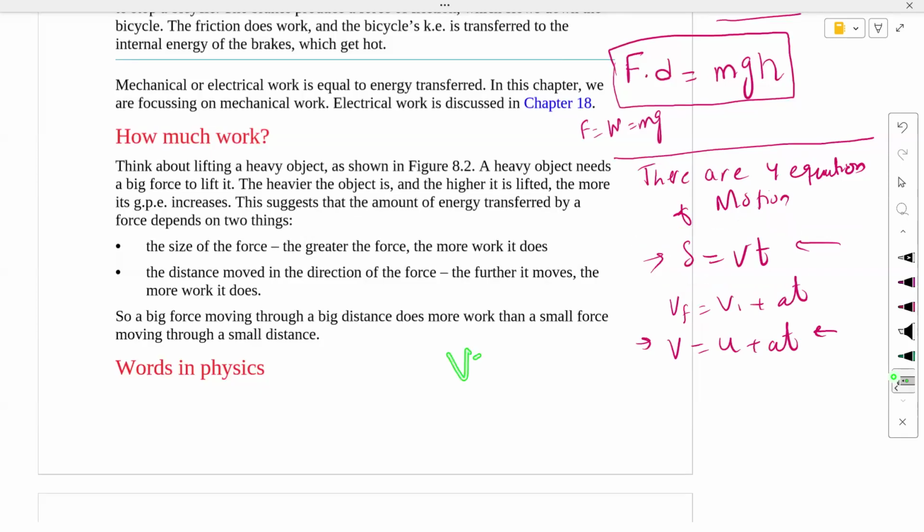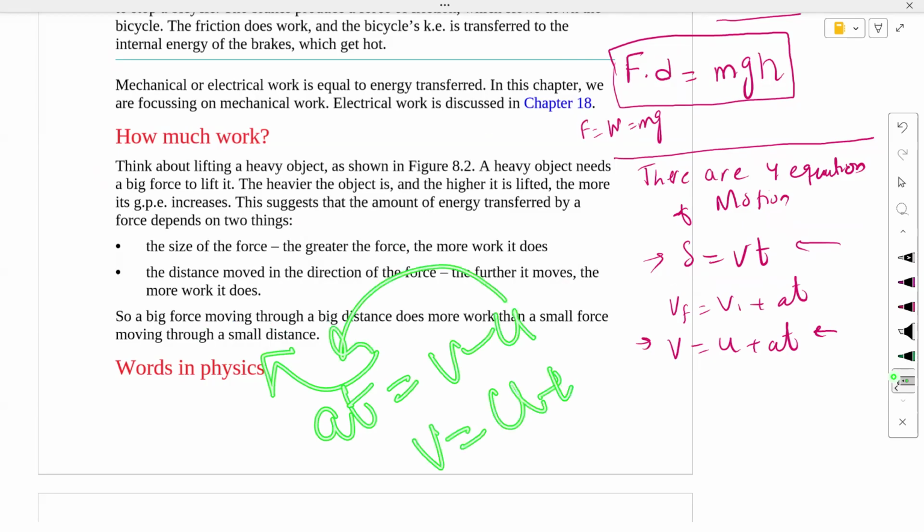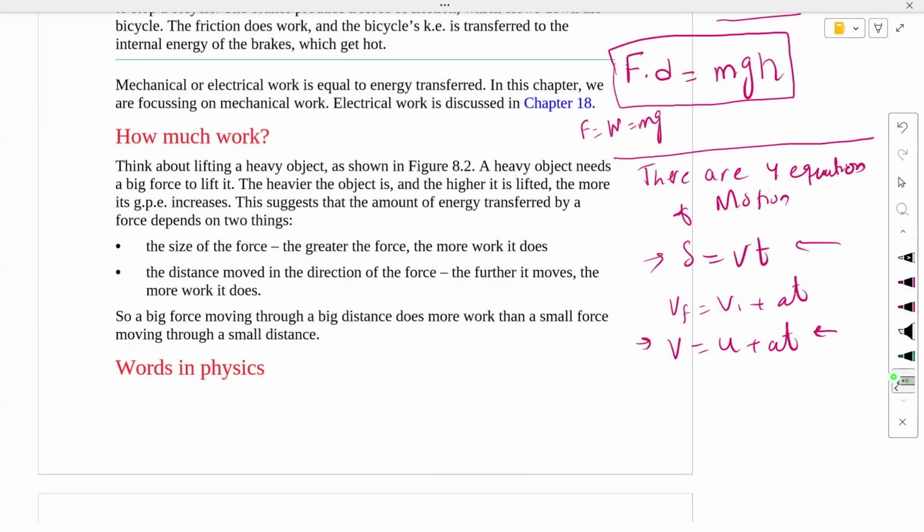ये तो हमें पता है, speed is equal to distance over time होता है। तो यहाँ से distance किसके इक्वल आ जाएगा, speed into time के, तो ये equation यहाँ से आ गई। अब acceleration किसके इक्वल होता है, v minus u over t के, vf। ठीक है, तो ये t इधर आ गया, a into t is equal to v minus u हो जाएगा। इसको मैं उधर जाके add कर दूं, तो v is equal to u plus at। तो ये second equation of motion वहाँ से derive हुई है।